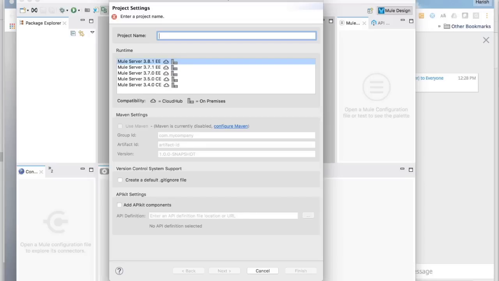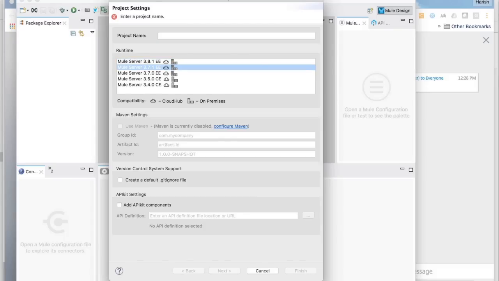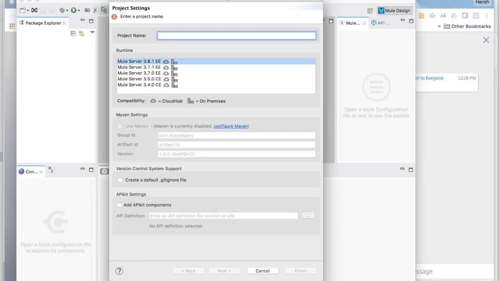So I will be doing it on Mule Server 3.8.1. This is a very simple application, so you can definitely go to 7.1 and 7.0. There are various kinds of versions of Mule runtime available. Today I will not be covering all the differences between them. There is quite a lot of difference between 3.8.1 and 3.7.1 or 7.0, and they changed a lot of implementation in the runtime. So okay, then let's give it a name, Mule Flow